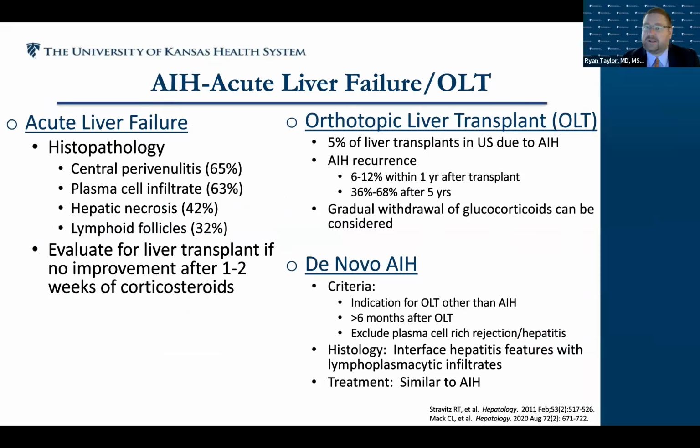As I mentioned before, this disease can have an acute presentation with acute liver failure. These patients can come in very sick, come to the ICU, and need a transplant within days of their arrival. We treat these patients with high-dose corticosteroids, and if they don't improve after a few days, we're going to be thinking about doing a liver transplant. In fact, autoimmune hepatitis is 5% of all liver transplants in the United States, so not super rare in that regard, something we do see commonly. But unfortunately, just like PBC, we can have disease recurrence here, so we follow these patients and give them additional immunosuppression to keep their immune disease in check. Next slide.